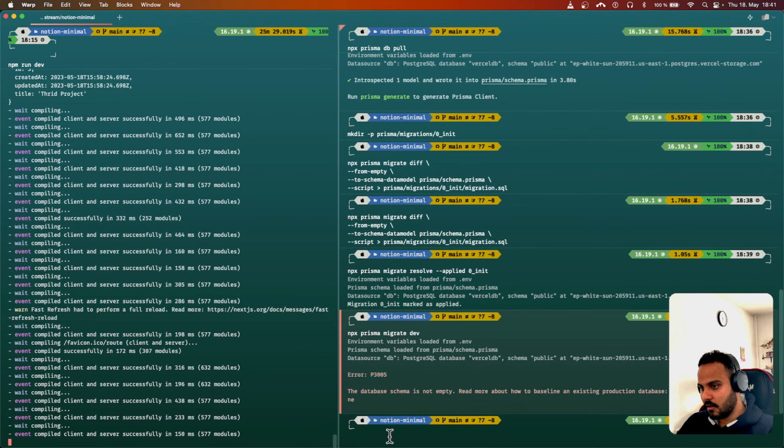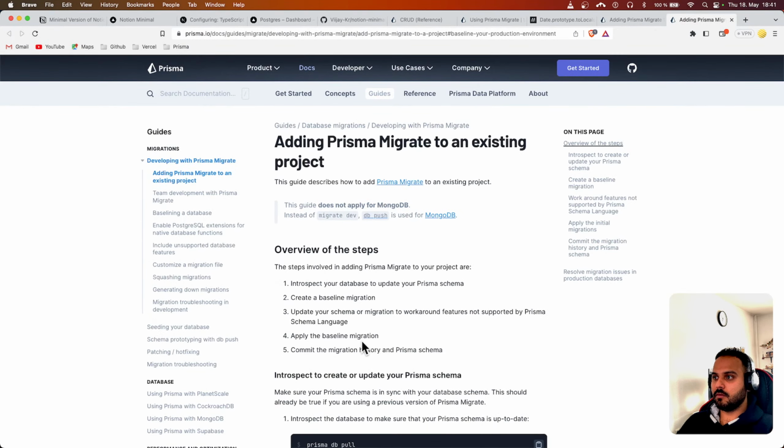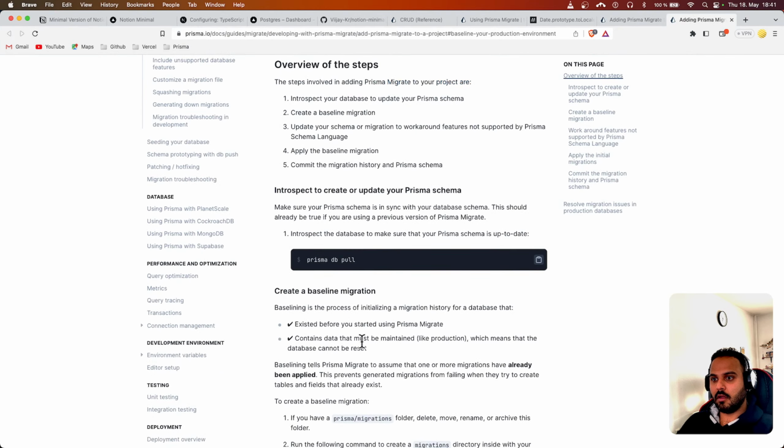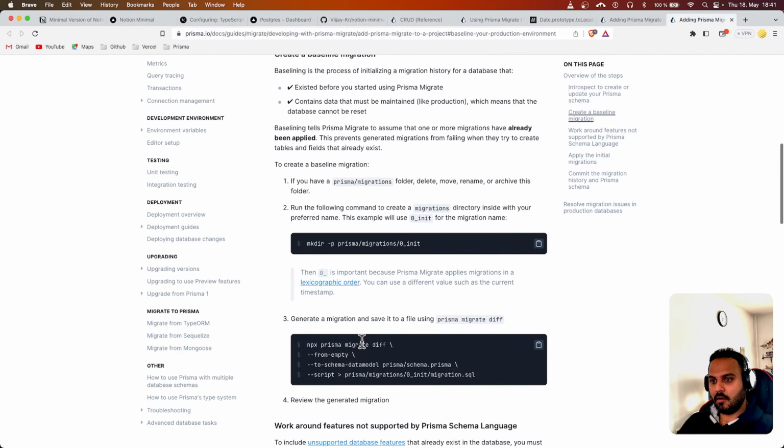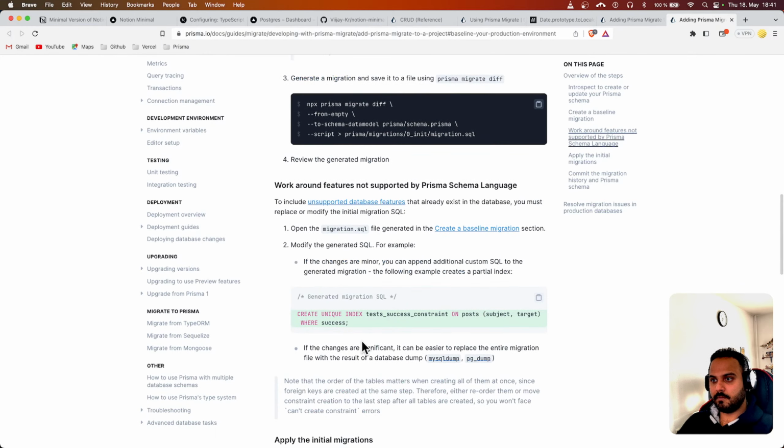See? Okay, this is going to take a bit of time for me to get around. If you have a Prisma folder,